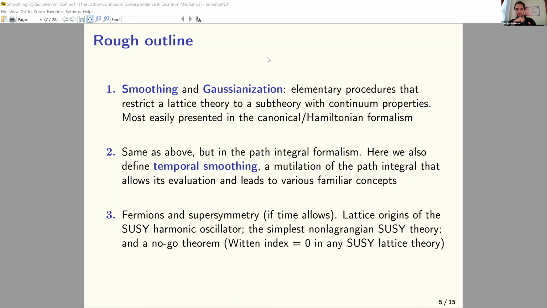And this will turn out to be something that does not have a canonical counterpart. It sort of mutilates the path integral. It's not a controlled approximation that gives me a path integral in a one-dimensional spacetime